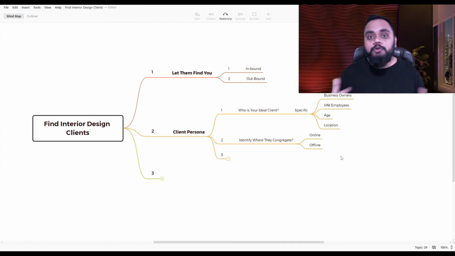Yeah, now membership could be any membership in a local swimming pool, membership for a sports team, membership in a gym, could be anything. Okay, so what are those online and offline spaces where they spend their time, these people? Okay, now once you have clarity about these 2 things, the third thing is to figure out what is their